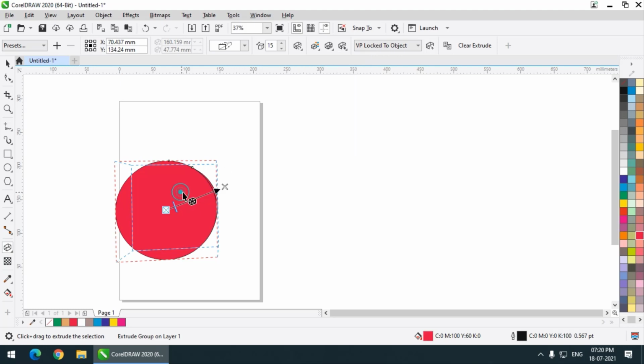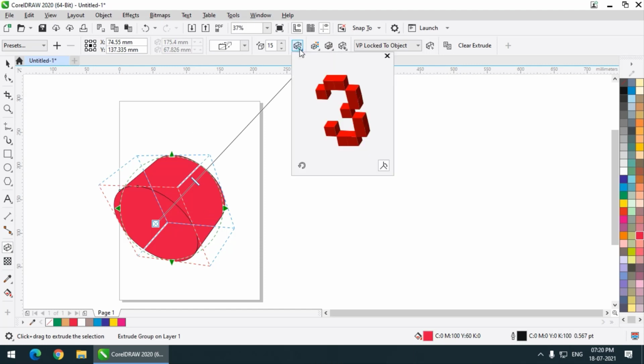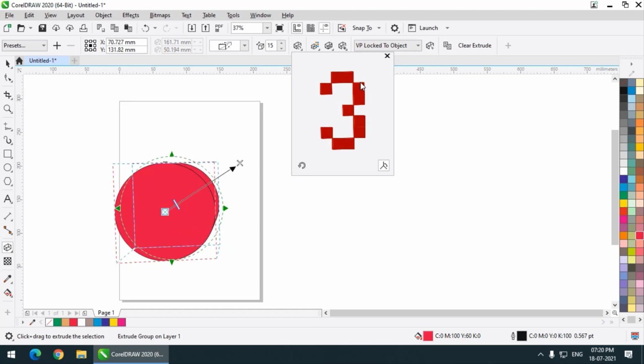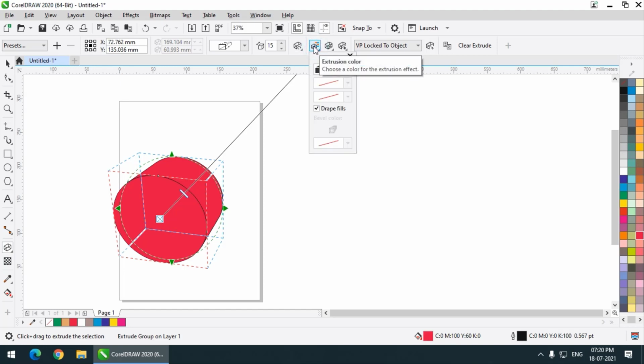So let's say I rotate this, but I want the original position of my object. Then you can simply go to this option and choose the front on angle. This is the original position of any selected object. That's why it is called 3D, three dimensions.